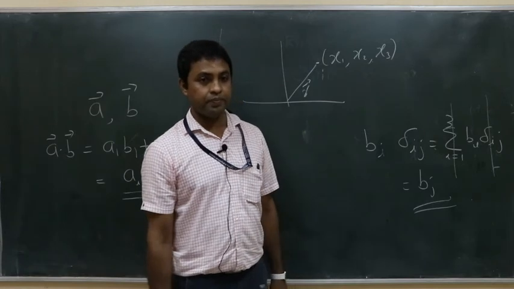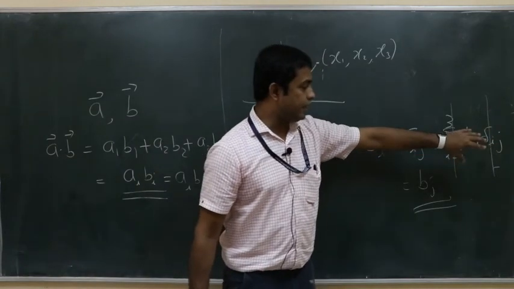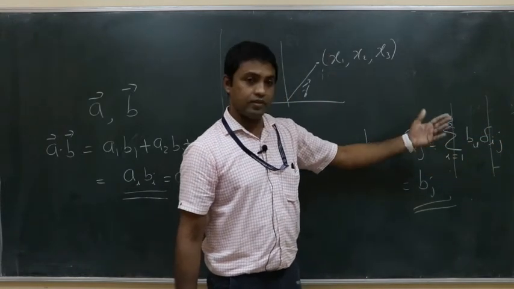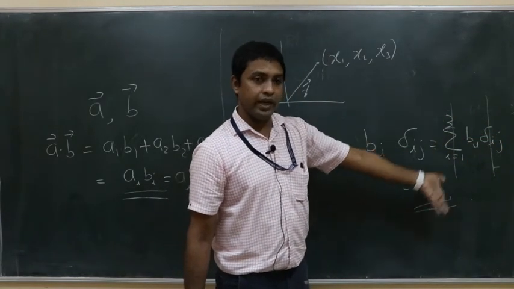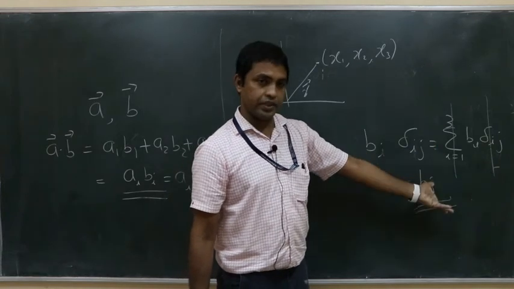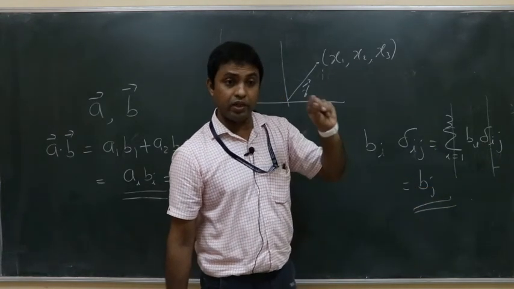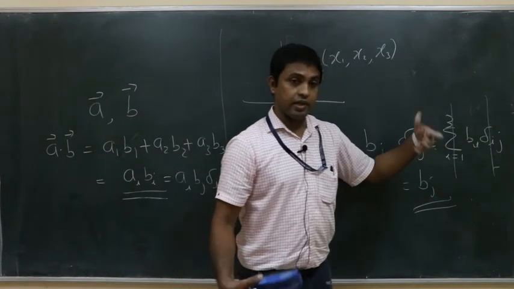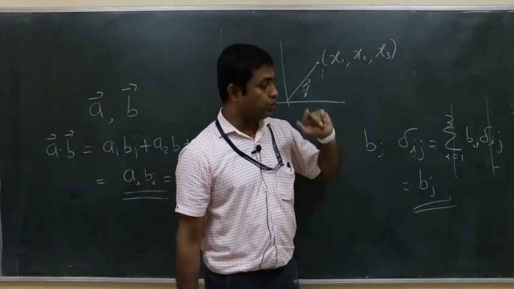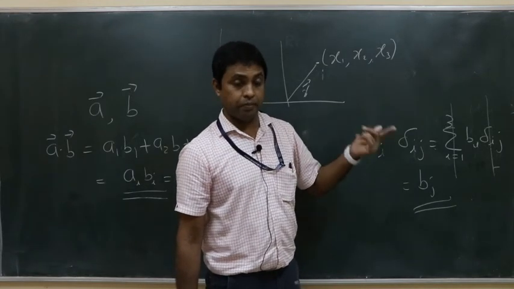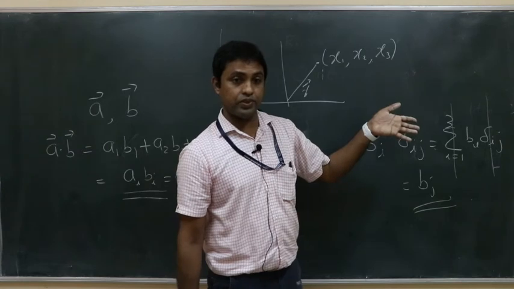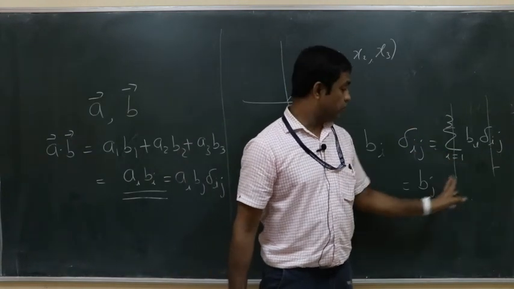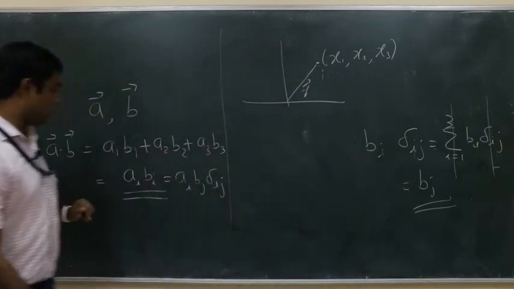Rule clear? If in an expression there is a Kronecker delta and one of the indices is summed over, the answer is very simple. You remove that Kronecker delta and the summation corresponding to it. That means that particular index is going away from the answer. So the i index now disappears. Wherever that i appears, because it's a dummy, it may be appearing in some other place, you replace that i with the other index of that delta. So that's all you have to do here.